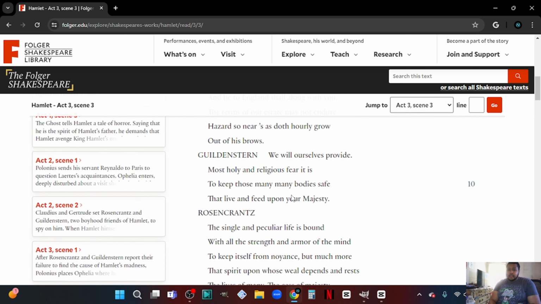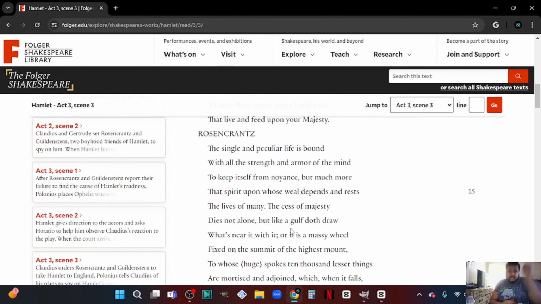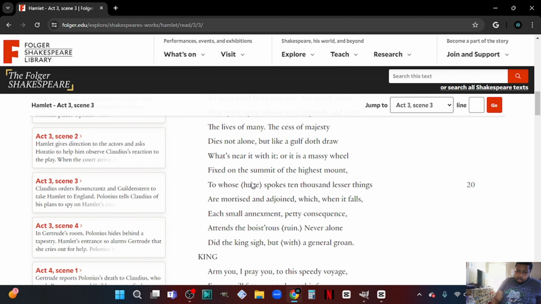We will ourselves provide. Most holy and religious fear it is to keep those many bodies safe that live and feed upon your majesty. The single and peculiar life is bound, with all the strength and armor of the mind, to keep itself from noyance, but much more that spirit upon whose weal depends and rests the lives of many. The cease of majesty dies not alone, but like a gulf doth draw what's near it with it, or it is a massy wheel, fixed on the summit of the highest mount, to whose huge spokes ten thousand lesser things are mortised and adjoined,